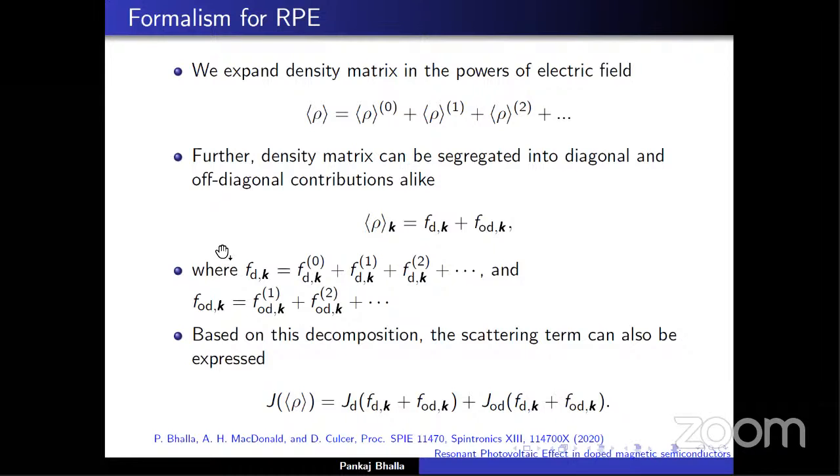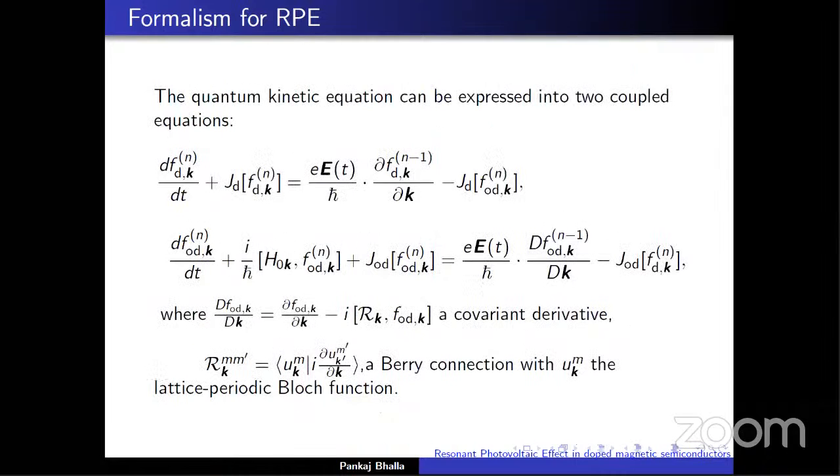Substituting all this category separation into the main quantum level equation, one can write the quantum level equation into two coupled equations for the nth order itself. Here we can see that the first one is for the diagonal (D) and the other for the off diagonal (OD) term. In the off diagonal term, we have a capital D by capital DK, which is